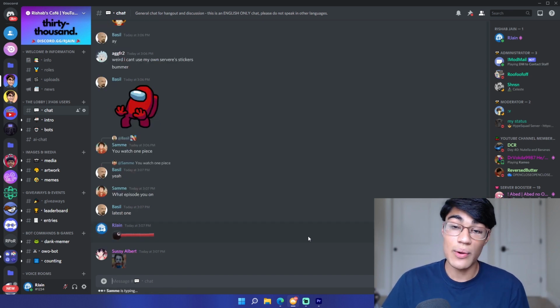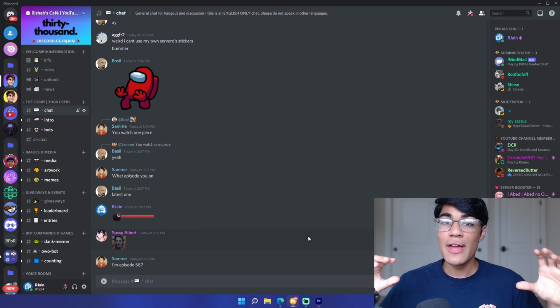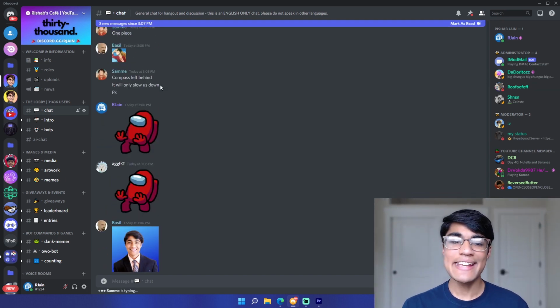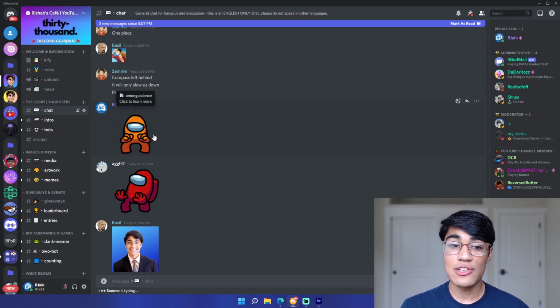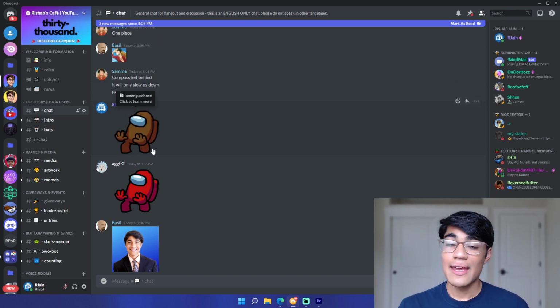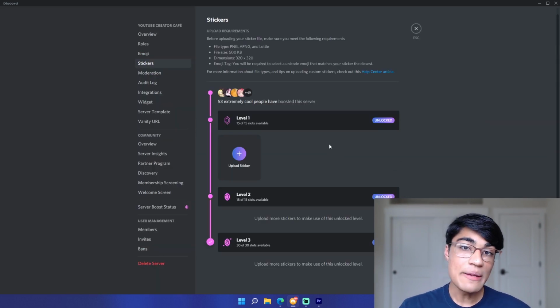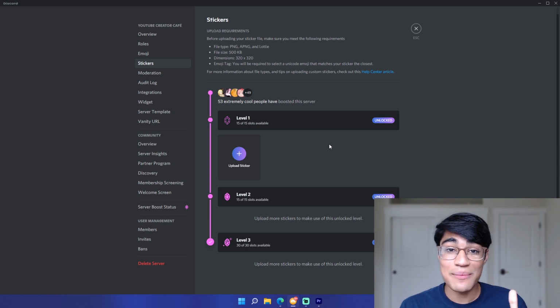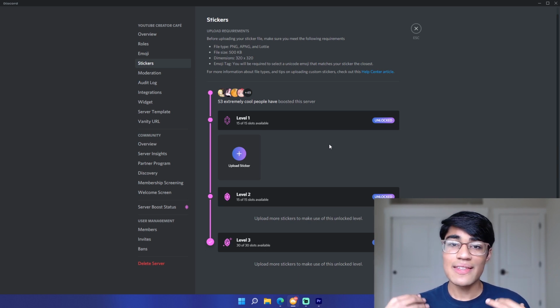Now, this is still pretty cool as it allows us to customize a variety of things. And for instance, in this one, we actually get a sort of horizontal emoji movement. But stickers may change this entirely because we can now take any GIF that we'd like, convert it into an APNG, and then upload it into our server. And as you can see over here, it comes out in a pretty high quality. In addition, for level 3 boosted servers, which there are a lot of due to the recent Epic Games promotion enabling tons of people to get Discord Nitro boosts, a lot of servers who are level 3 now have 60 custom stickers to upload. I personally think this is going to create a great demand for artists who can create